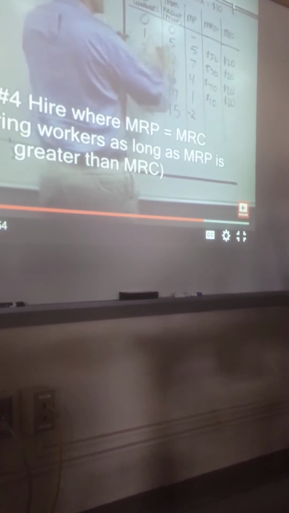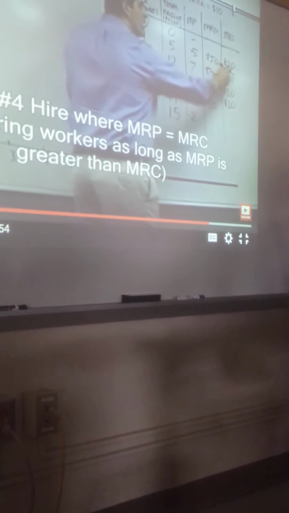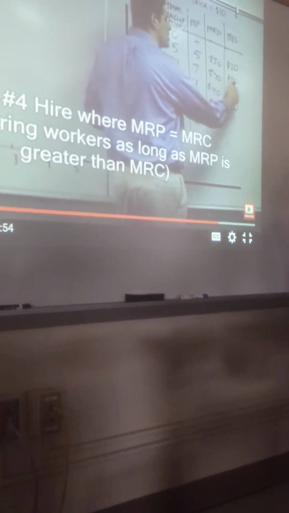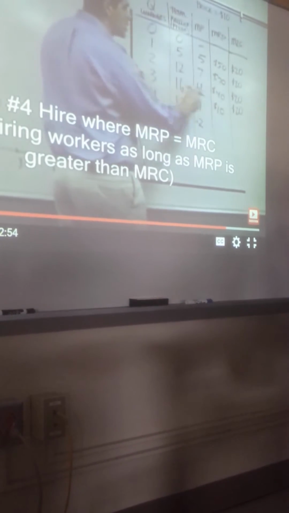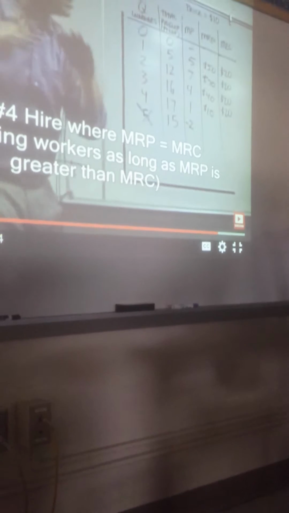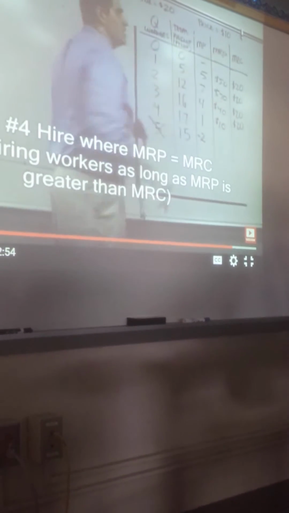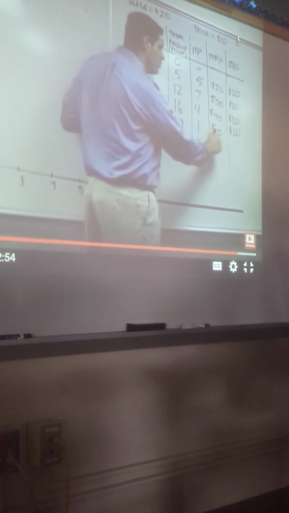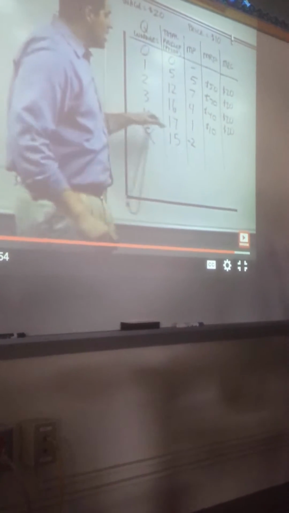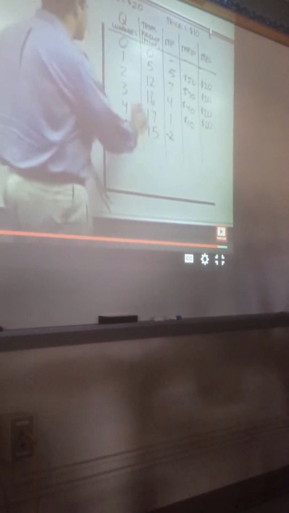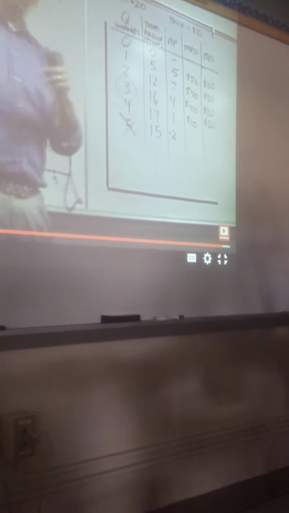Now, how many do you hire? Well, the first worker brings in $50. He costs me $20 to hire him. I'll hire him. Second worker brings in $70. Costs me $20 to hire him. I'll hire him. Third worker brings in $40. Costs me $20 to hire him. I'm going to hire him as well. As long as the additional revenue is higher than the additional cost, I'm going to hire him. Fourth worker, the additional revenue, they only bring in $10 and they cost me a wage of $20. I feel like at $20, I'm not going to do it. The answer was 3. Till next time.